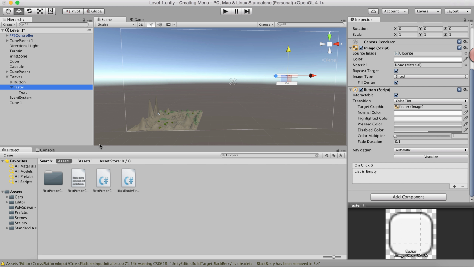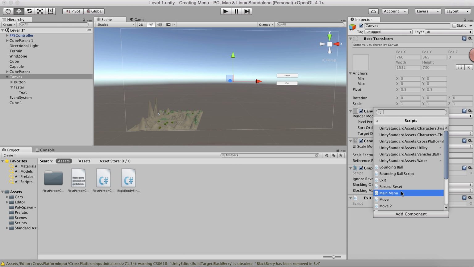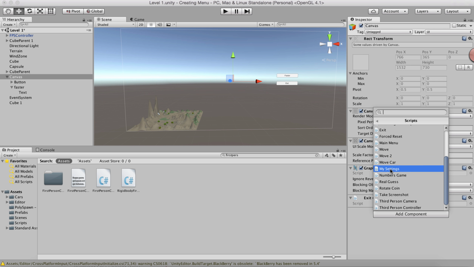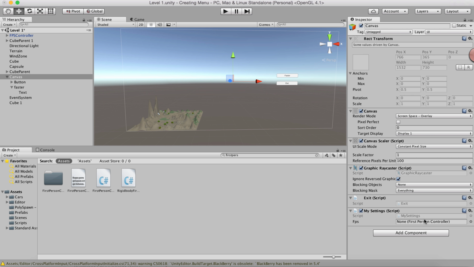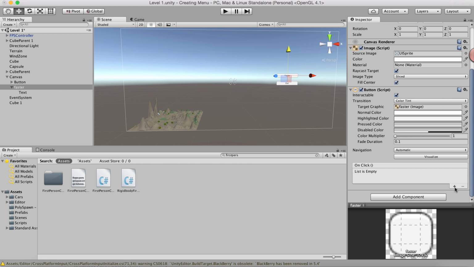Now I need to give the script to somebody, right? So I'm gonna go to canvas because our main camera is not here. So let's give the script to canvas so it holds all our scripts. So add the script, settings. I just created this, my settings. Now I need to give it my instance of FPS because I created that FPS as public, so I just gave it the reference of my actual FPS object, and I say whenever the faster is clicked upon, I'm gonna